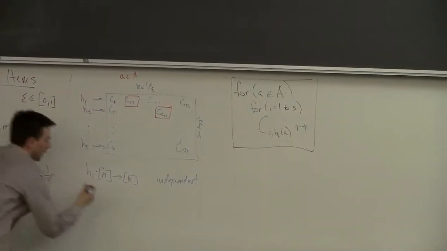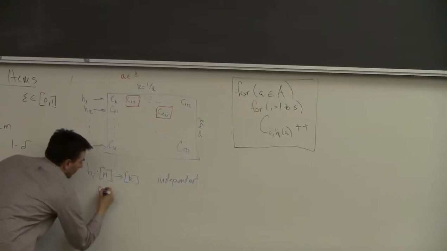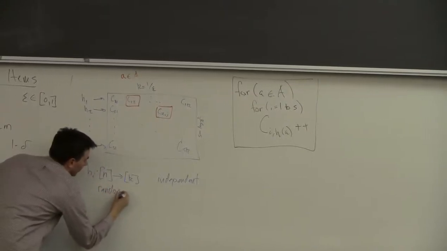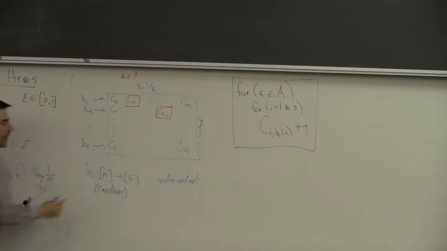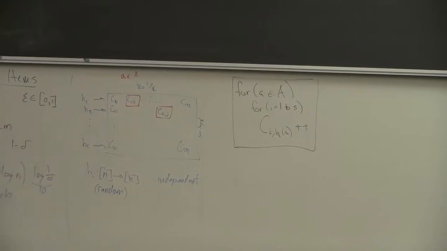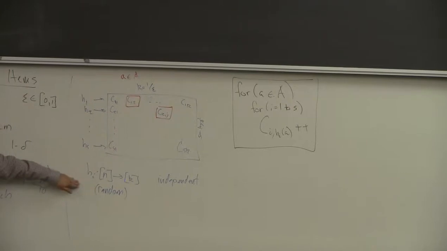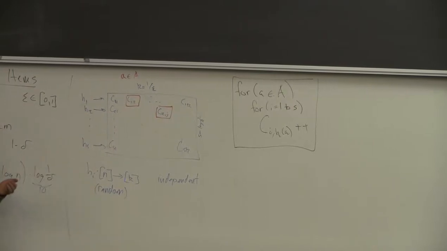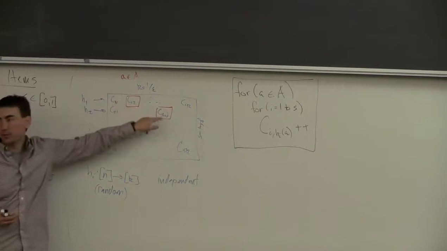This is going to be one of these random hash functions. So it's picking one of these counters at random. Now it's important, it's not just picking at random, it's done by a hash function. So if I see the same element twice, every time I see it, it always increments the same counters.